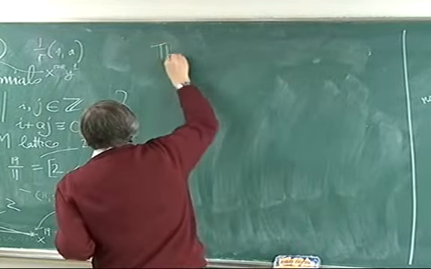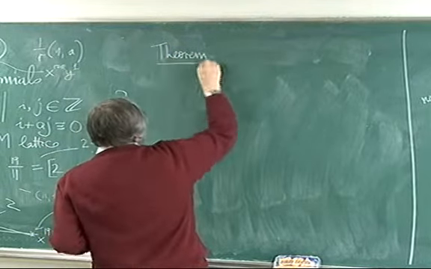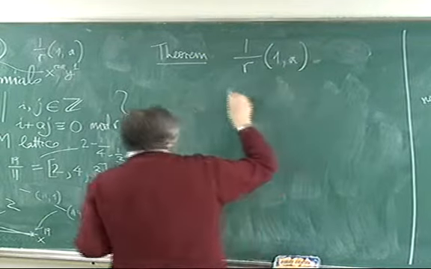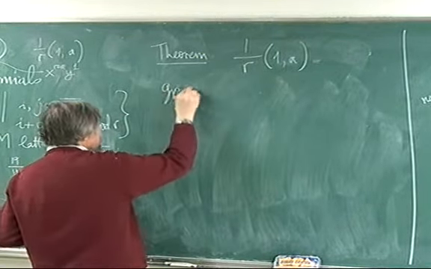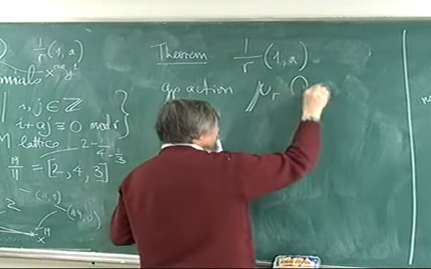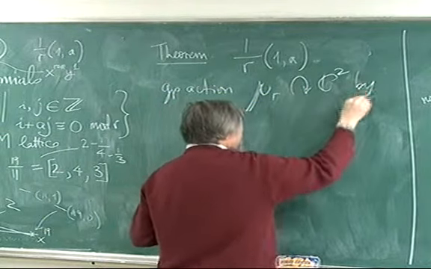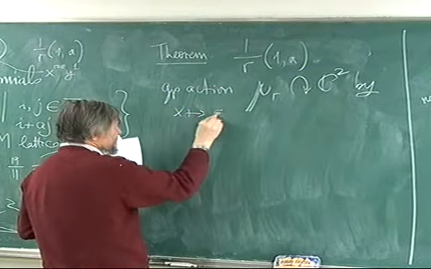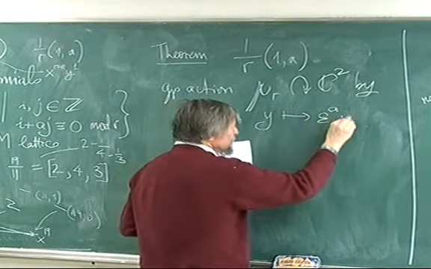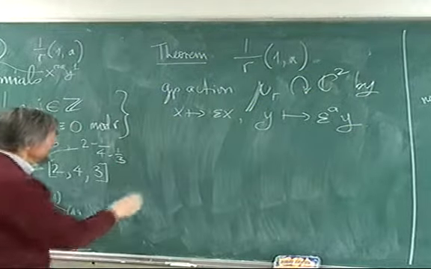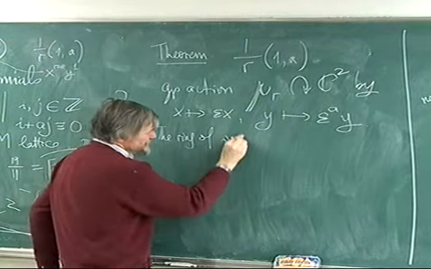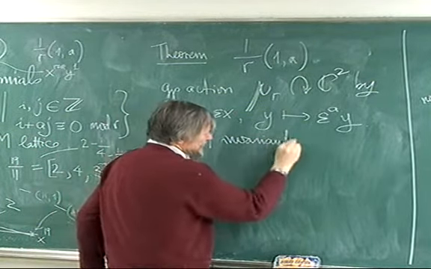So this is the theorem again. I'm looking at 1 over r of 1a. This is the group action of mu r acting on C2 by x, y going to epsilon x, epsilon to the a y. The quotient, the ring of invariants, is